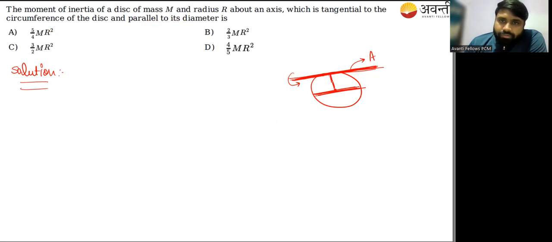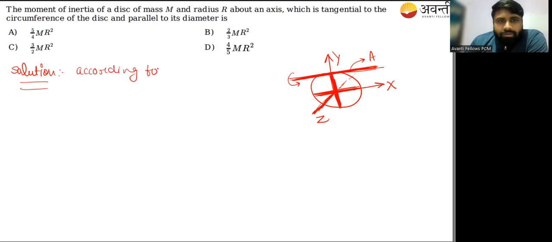Okay. Now we know that this is a symmetrical body. So about this axis and this axis, the moment of inertia will be the same. And this axis is the perpendicular axis. Let's say we consider this axis to be x, this axis to be y, and this axis to be z. We can say that, according to the perpendicular axis theorem,